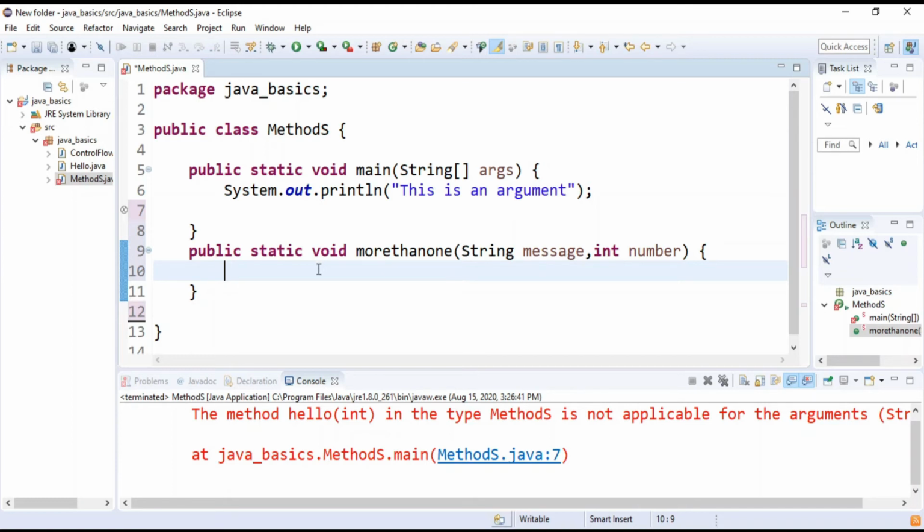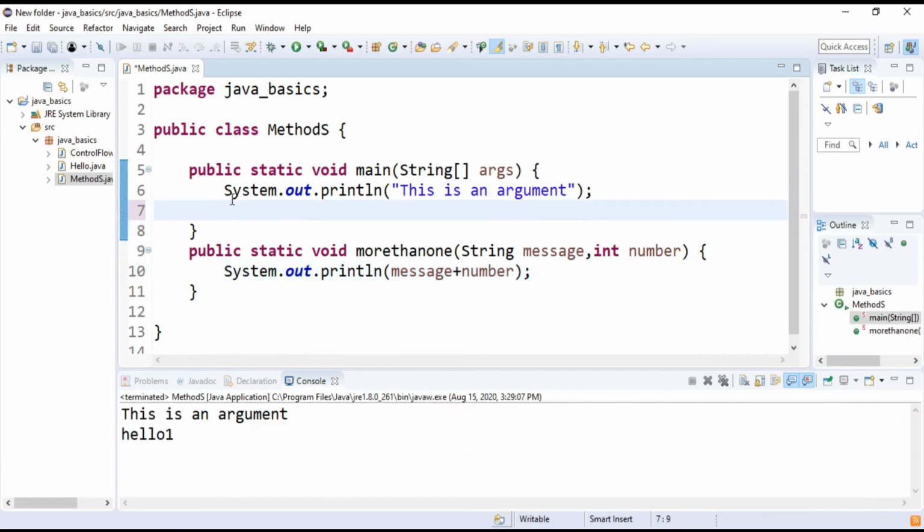First of all, let us write some code inside this. We'll write message plus number.